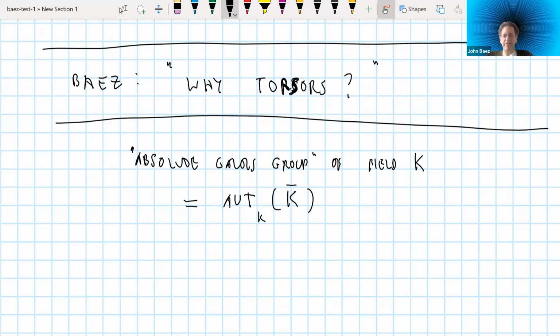And then if you want to be precise, you need to say continuous actions on finite sets of this profinite Galois group with its profinite topology. At least that's the way people usually get the details to work out. I'm happy to not worry about those details right now much. I've been busy studying them. We don't have to worry about those details right now. They actually are easy to take care of when you do them the right way, but we don't have to do them the right way.